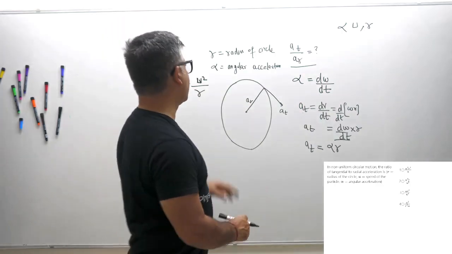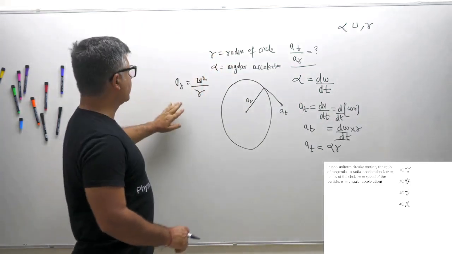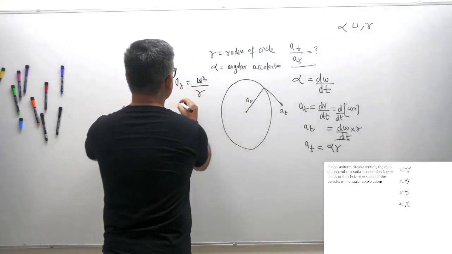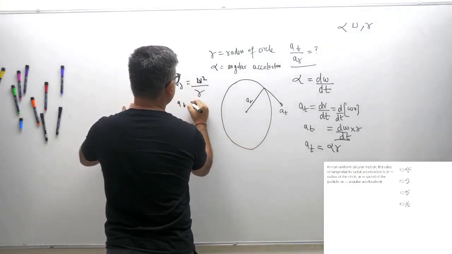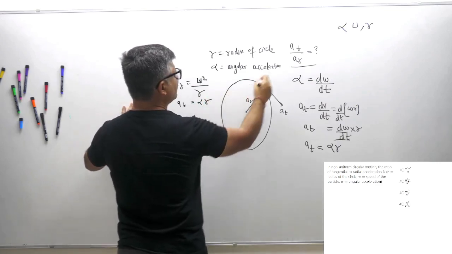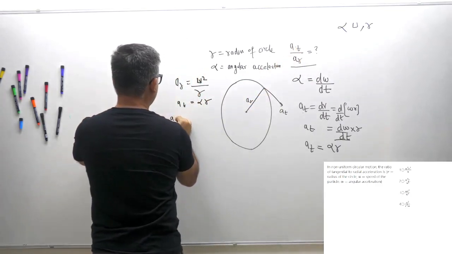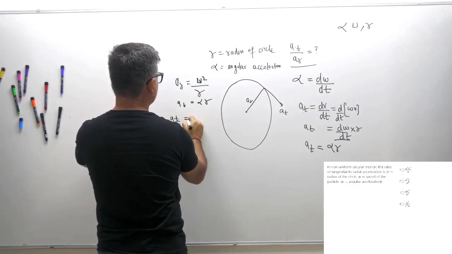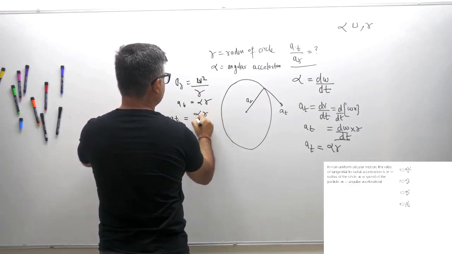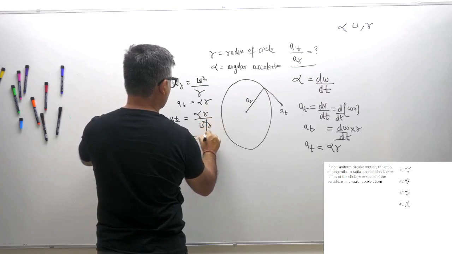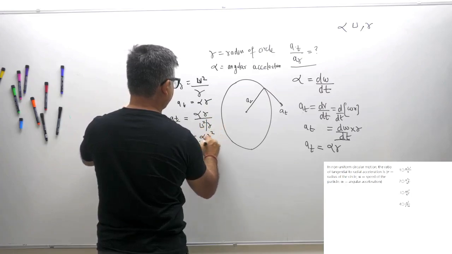So now let's do it. I think it's visible now to you. A radial is equal to u square by r, and A tangential is equal to alpha r. You have to find AT by AR, which will become equal to alpha r divided by u square by r